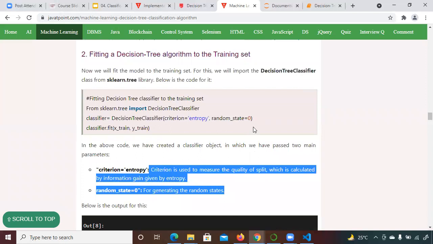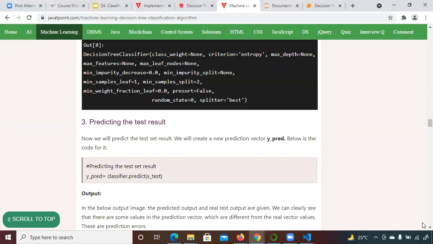Okay, so normally in machine learning you only have to understand the algorithm. While writing the code, the format is almost the same. You just have to import the decision tree classifier. Then for criteria you tell it that you want to consider entropy for splitting the node. And then you just have to fit. Classifier dot fit means you pass the train and test data to your algorithm. That's it. It will make the prediction.